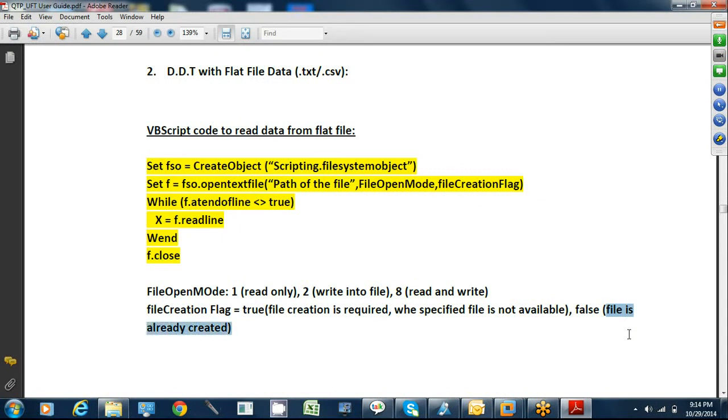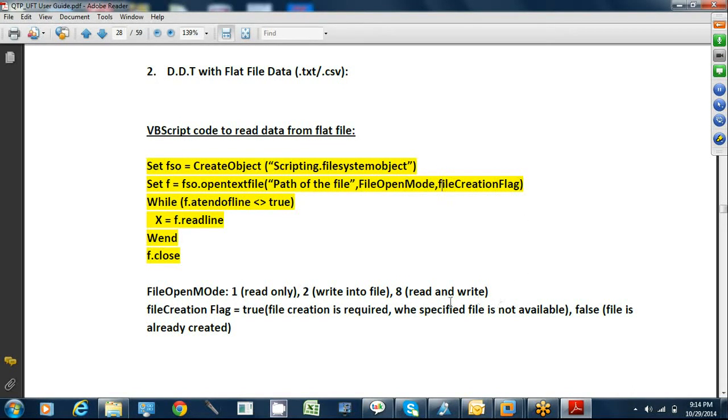Now again, simply, the fso.OpenTextFile method takes 3 arguments. One is the complete path of the file, C drive, text, test data, testdata.txt, that's the whole path. Then file open mode, 1 for example.